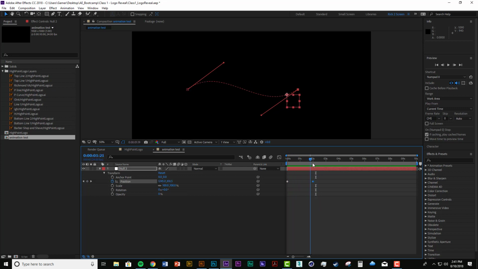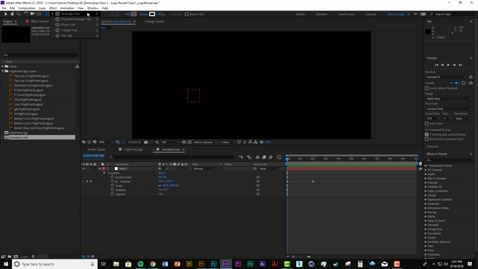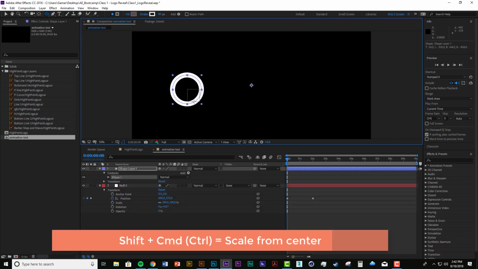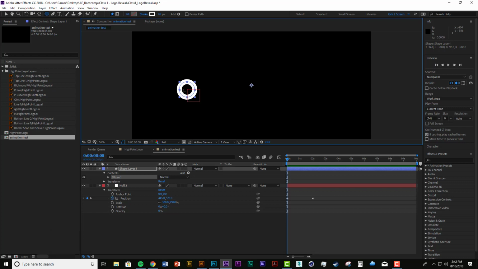They only show up when you scrub. So what I'm going to do, so that you can see this, I'm just going to make sure no layer is selected and go to the rectangle tool and just change it to the ellipse tool. It does that same thing it would in Illustrator. So I'm just going to put a circle right near that anchor point of the null object. I'm going to turn off the stroke,